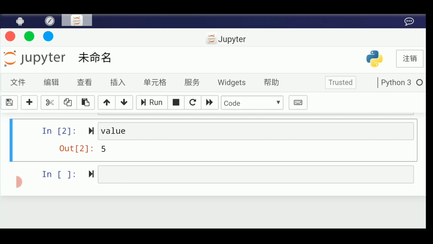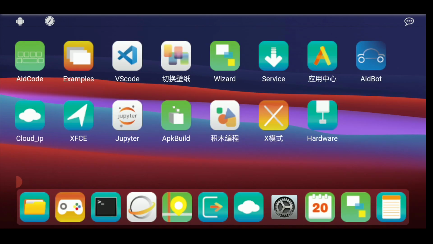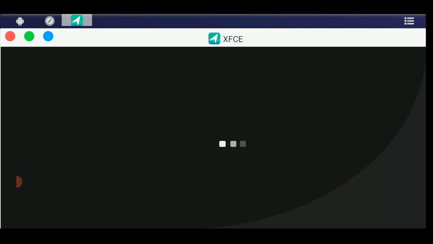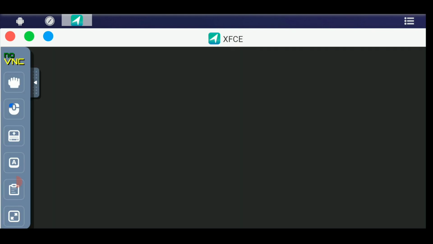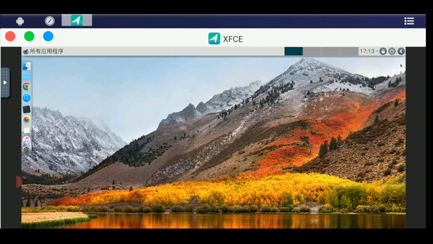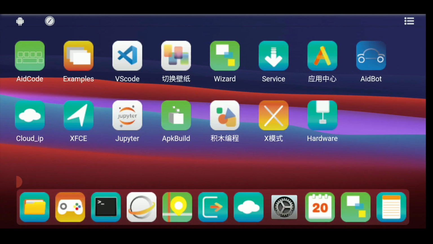Okay, so let's jump to the XFCE. Let me open it. So here you can see it's connecting to the GUI or the desktop. Basically it gives some cool looks of macOS, but it is generally a Linux with some GUI or themes based on the Mac installed in it. You can use any of these tools, software given here, and you can use this one, or even click on the cross and come back here and use others.